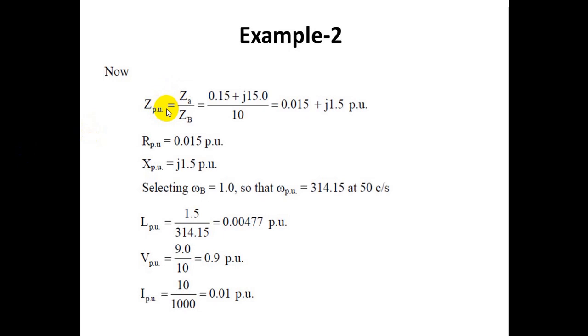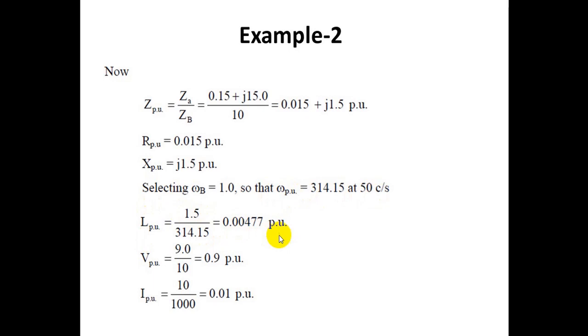So Z per unit is equal to ZA over ZB, and you will get this value. R per unit will be equal to 0.015 and X per unit will be equal to j1.5 per unit. And when we select omega base as 1.0, omega per unit will be equal to 314.15 at 50 cycles per second, and L per unit will be equal to X over omega,